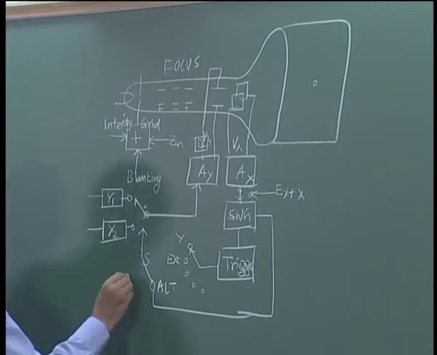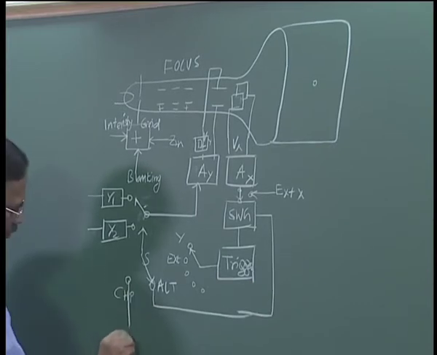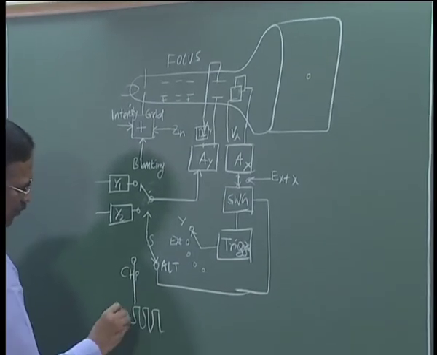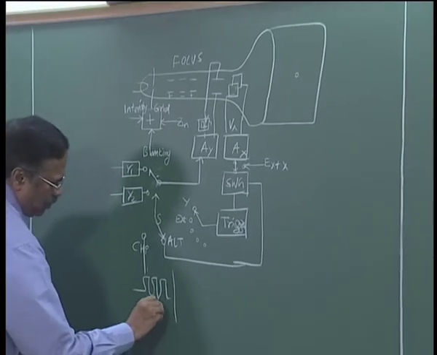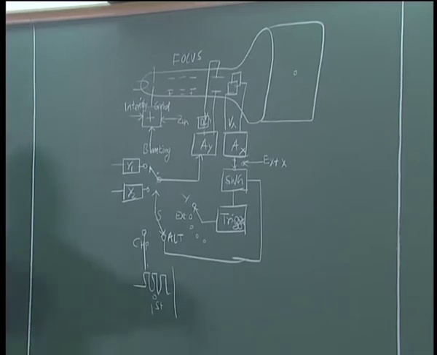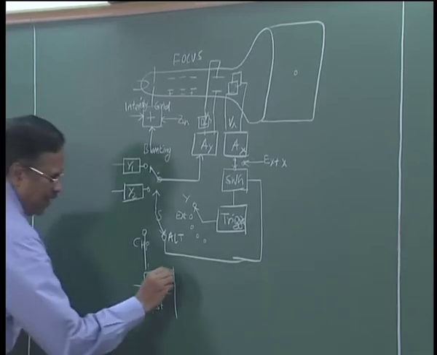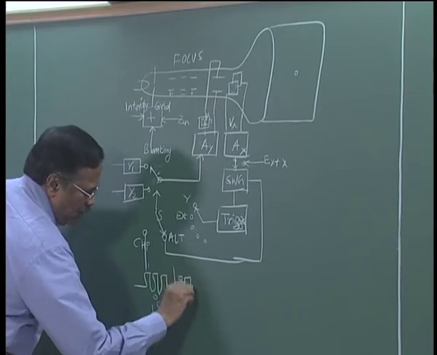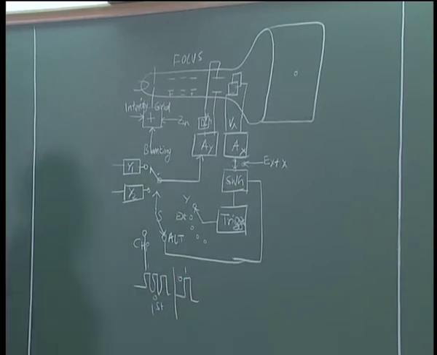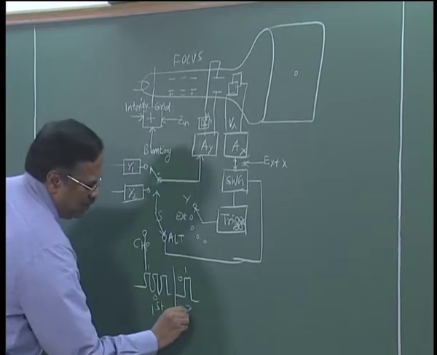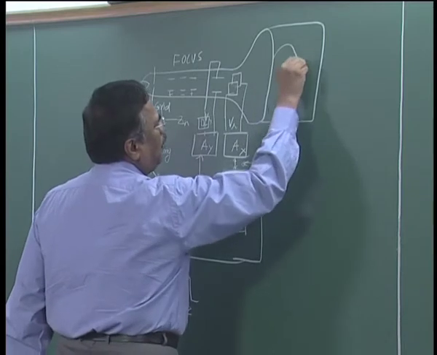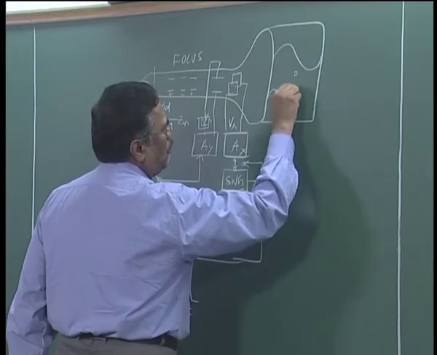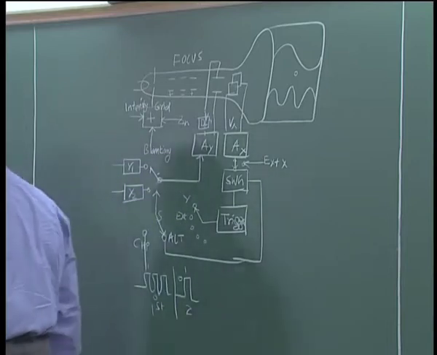In the chopped mode, we give a high frequency, we give 1 0 1 0 for the first or odd sweeps 1 3 5 sweeps and 0 1 0 1 for the even sweeps, right. And we saw that it is possible to display two waveforms on the screen. Okay.